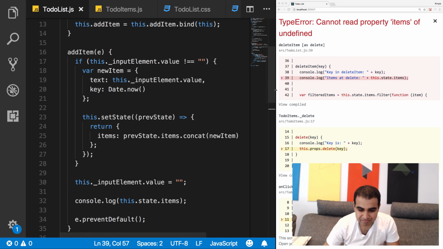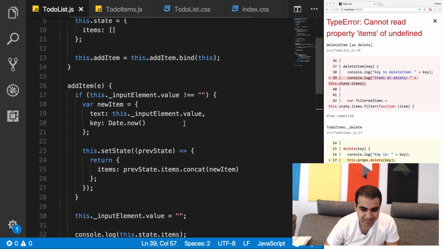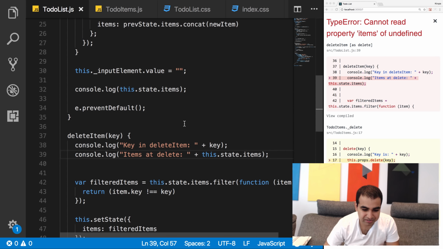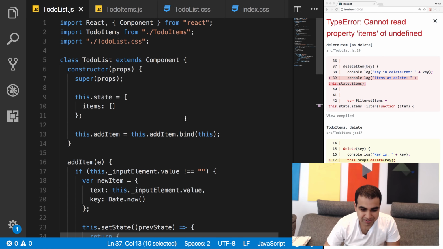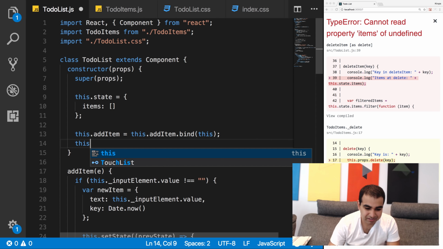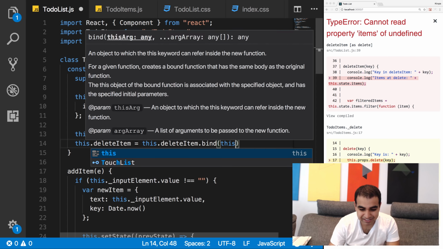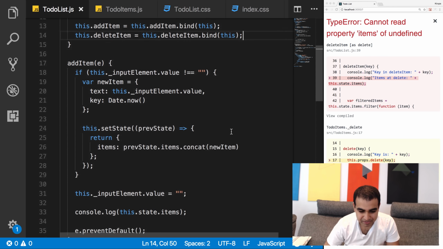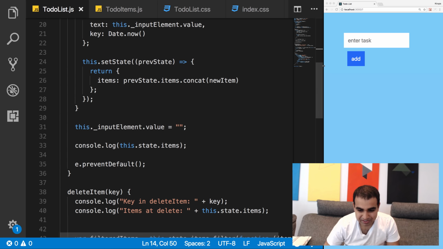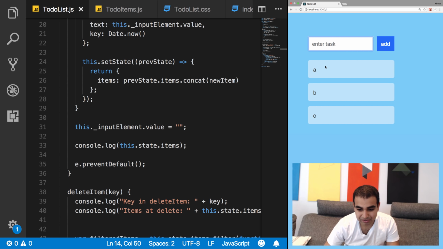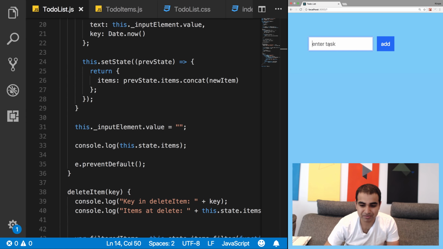The value of this is completely undefined at this location. So what I need to do is make sure the value of this is bound properly. Okay, this.deleteItem = this.deleteItem.bind(this). Wow, that was unfortunate, but I am pretty optimistic that that's going to solve what we're... yep, see, there you